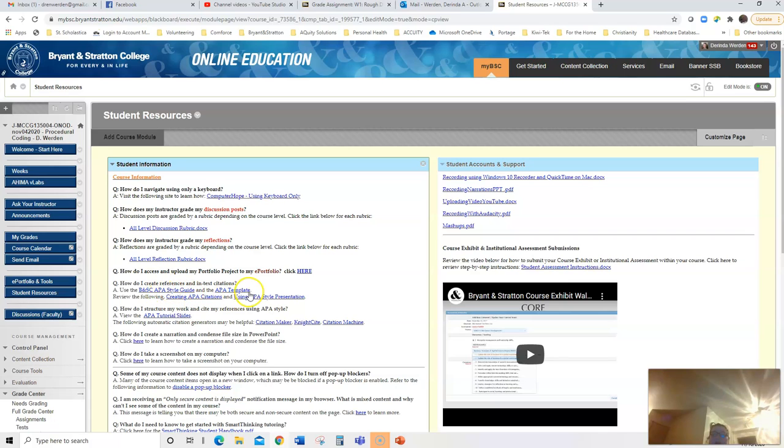So I would suggest you go through and read these links. This is given to you by the college regarding how to do this. It says, how do I structure my work and cite my references in APA style? This also has information here. And then Word,